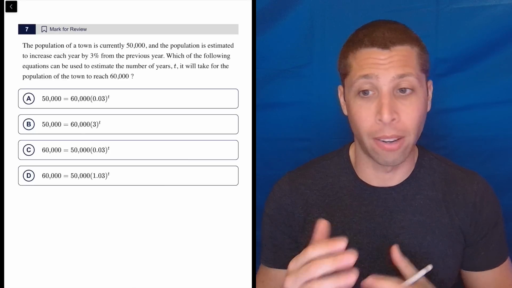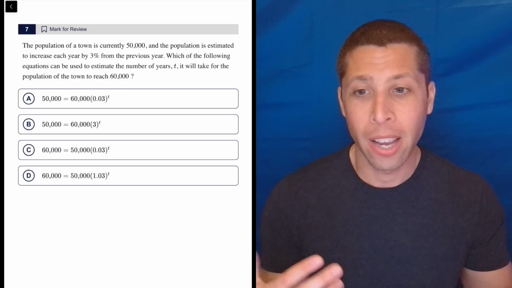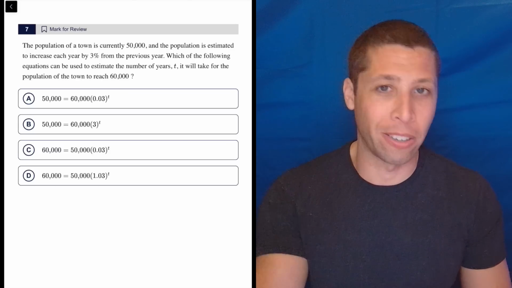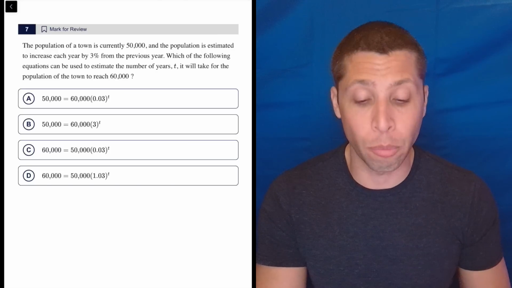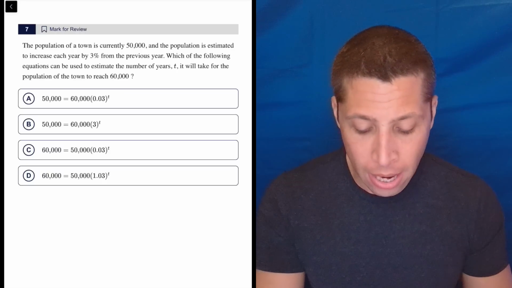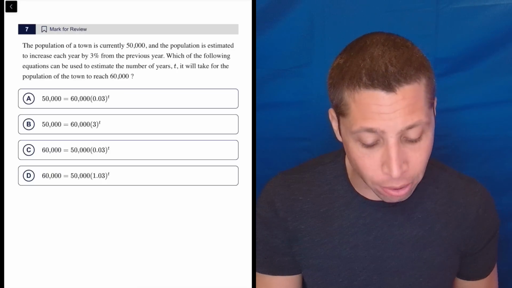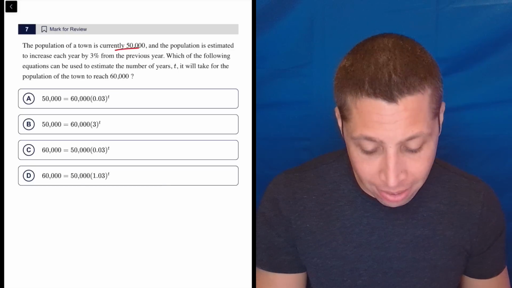If it's a very small or a very large number of years, that probably doesn't make a lot of sense based on how the story sounds. But we could answer this without doing any calculations at all, if we just remember how the open formula works. The population of a town is currently 50,000 people, and the population is estimated to increase